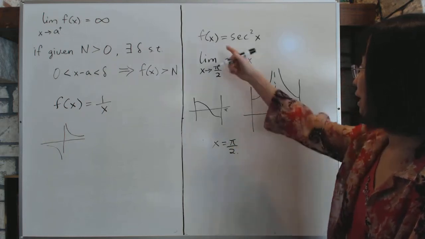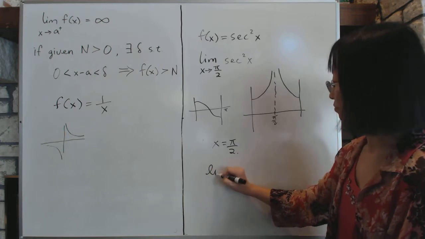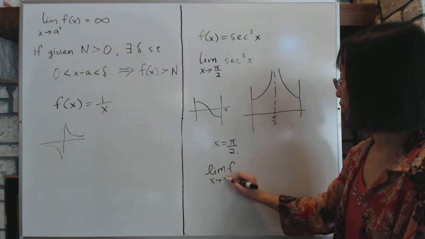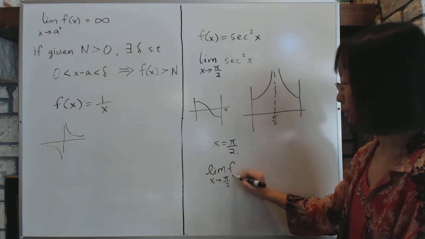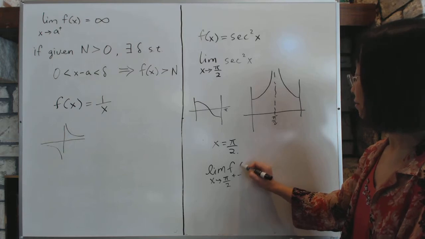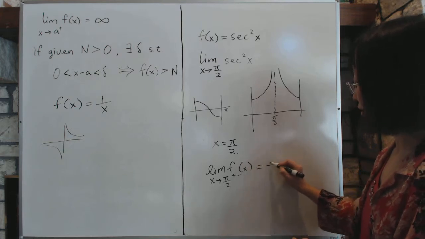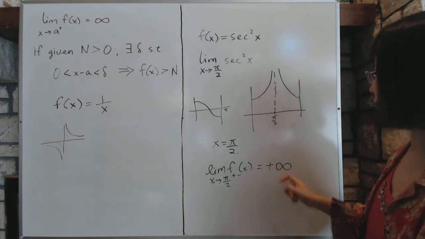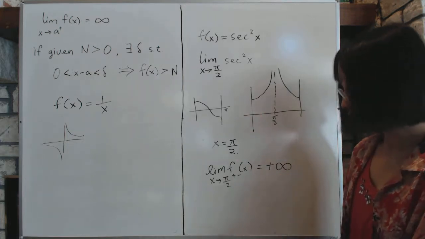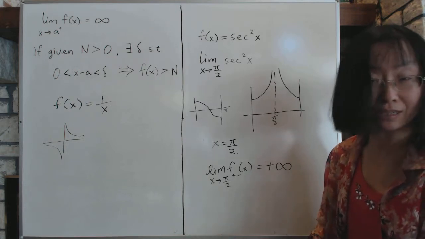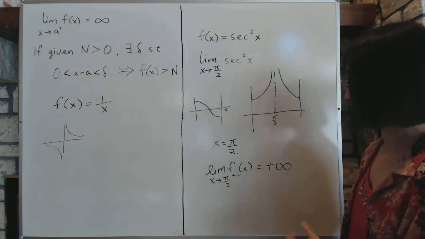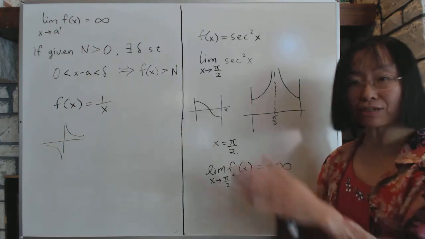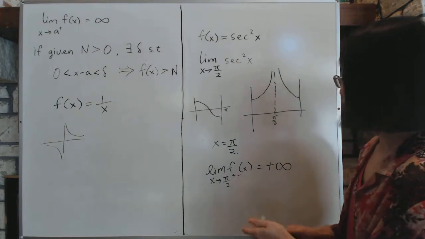And then the limit of f as x goes to pi over 2 from either side, from the plus or minus side, f of x is going to be positive infinity. But again, remember that infinity is not a number, so you cannot say things like infinity equals infinity. It's just a direction. So this just means that crawling from both sides, the function f is going to rise indefinitely.